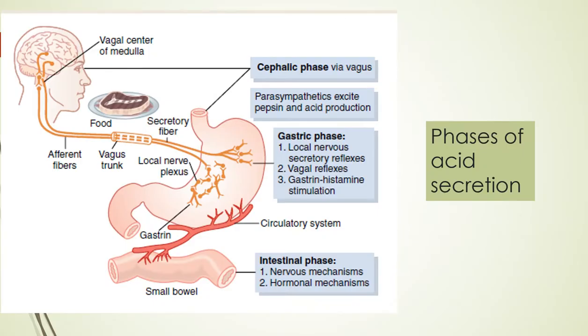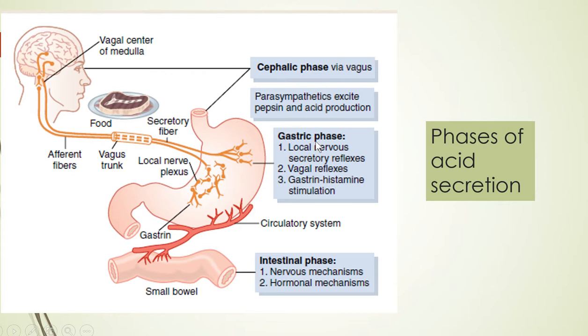Okay. Now we should know the phases of gastric acid secretion also. Just a little bit of idea: there are three phases, cephalic phase, gastric phase, and intestinal phase. Cephalic phase is basically when we see some interesting food, when we smell or see some food. Whether it's the eye, the nose, or we hear about some food, that will basically stimulate the vagal motor nerve, which is going to stimulate the cells responsible for acid secretion. So that's how the cephalic phase works.